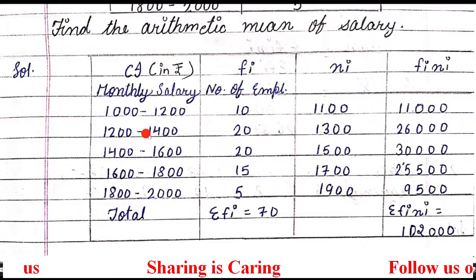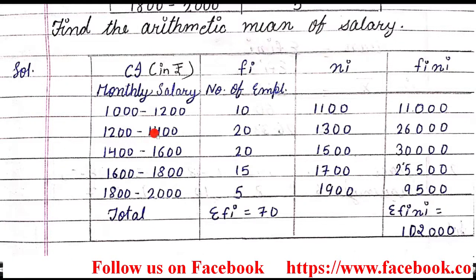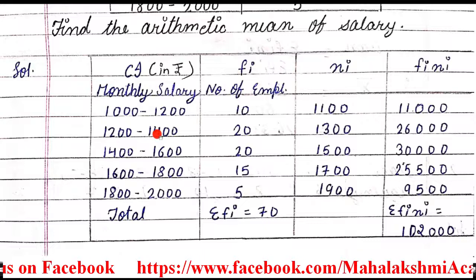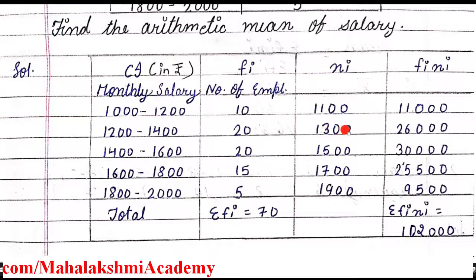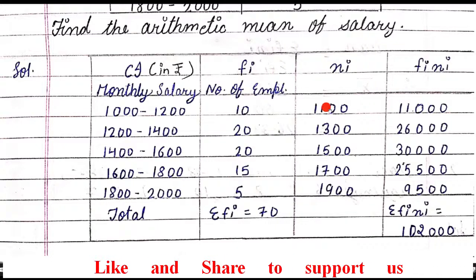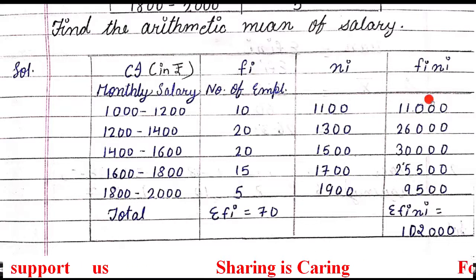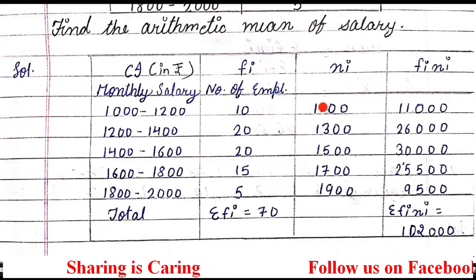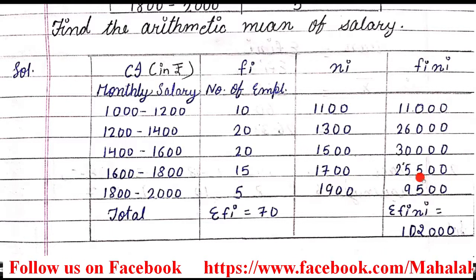In the same way, the upper limit is 1400 for the next group and the lower limit is 1200. When we add 1400 and 1200, we get 2600, and 2600 divided by 2 gives 1300. In the same way, for the next groups also we find the class marks. After finding the class mark we multiply by the frequency, and we get this answer. Like this, enter all the fi xi by multiplying the corresponding values, and adjust them column-wise so that you can add them.